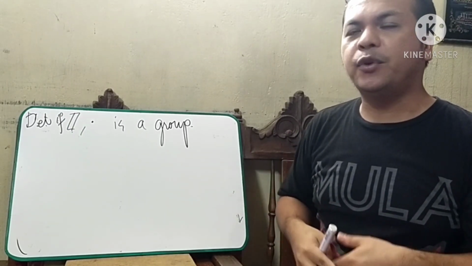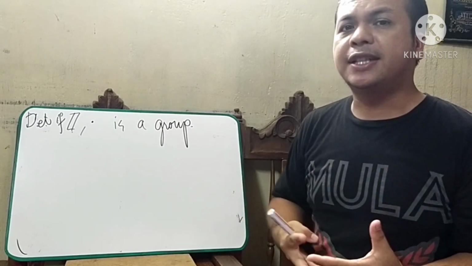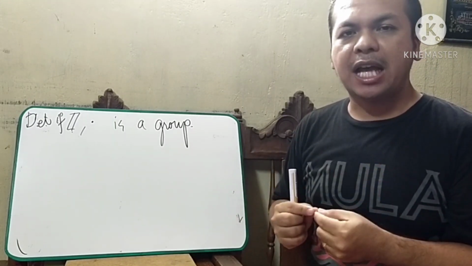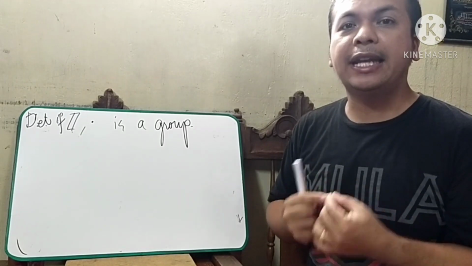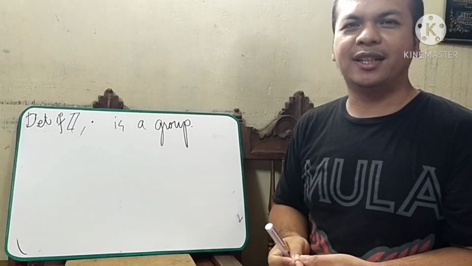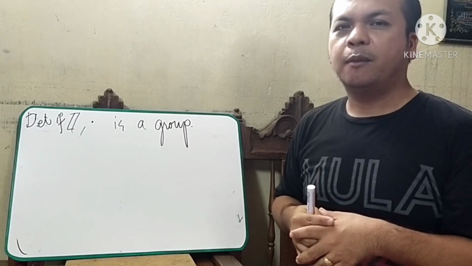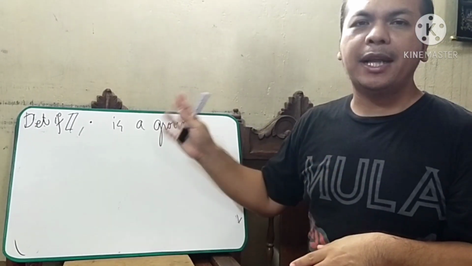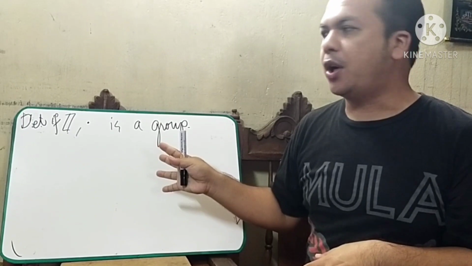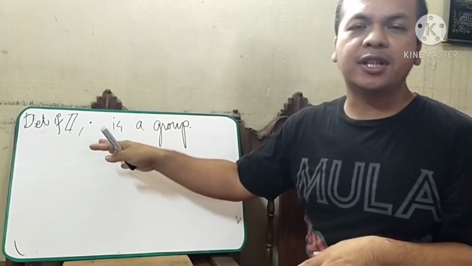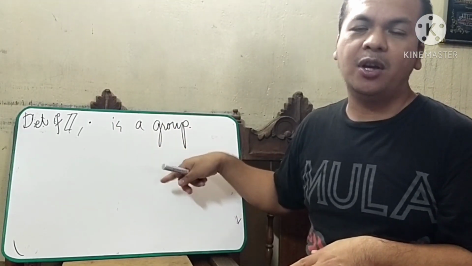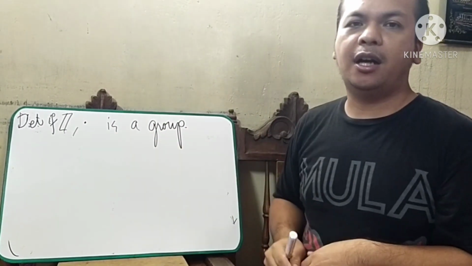Meaning to say that if you have two integers, for example, the product is also an integer. Ganon. So, para malaman natin kung yung multiplication is a binary operation on the set of integers without writing it on this board,